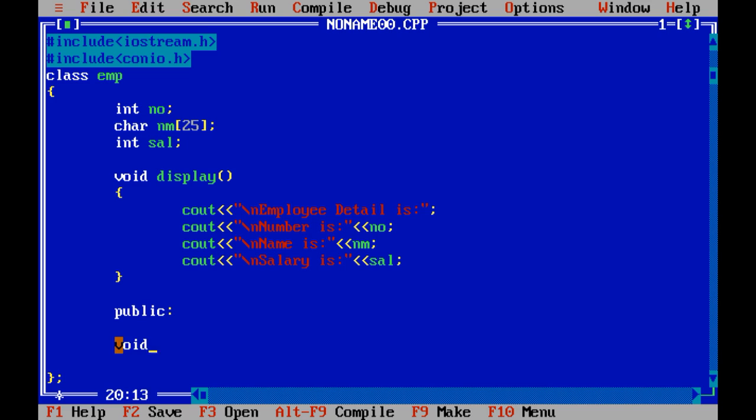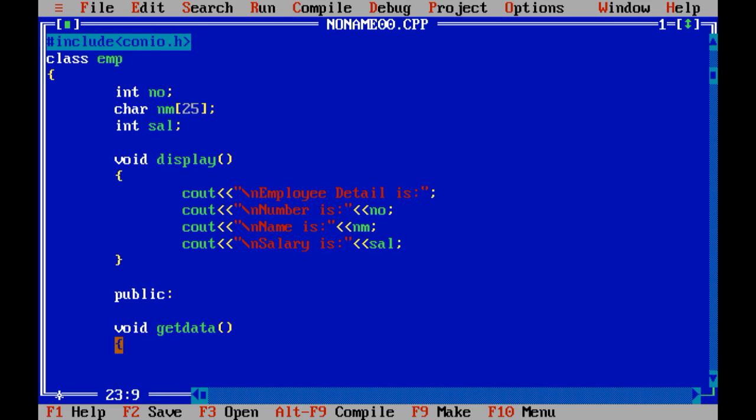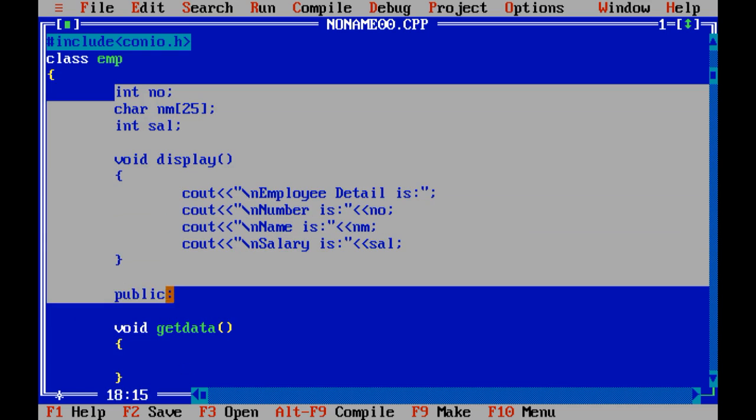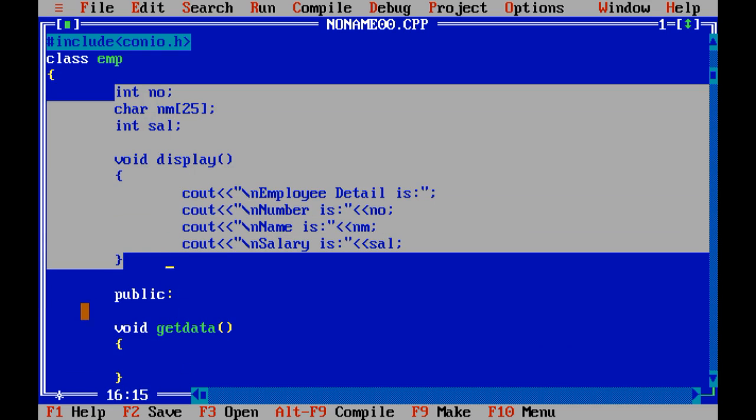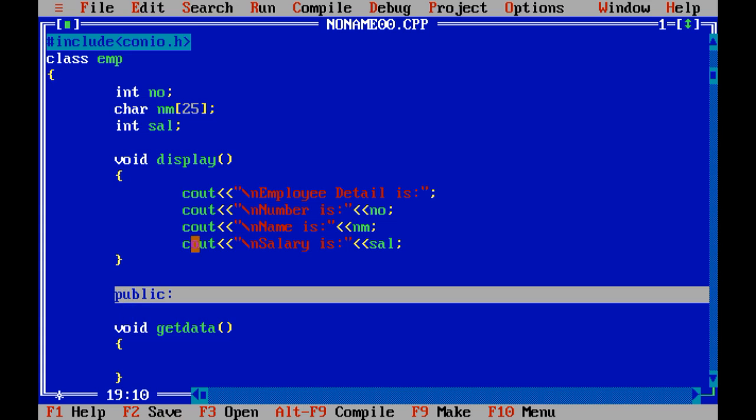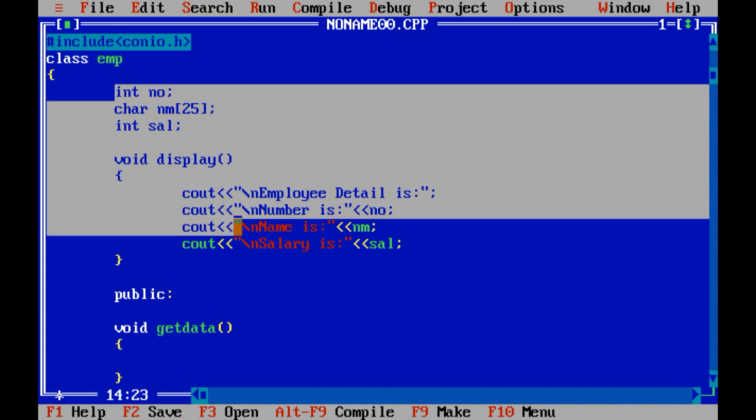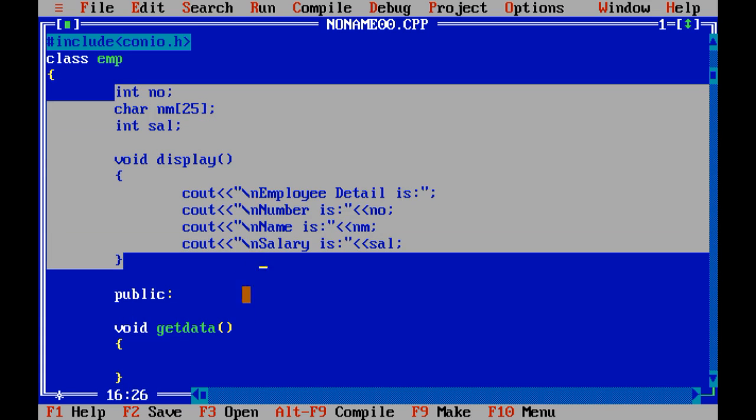So let me make one method, void getdata, which I have made public in the employee class. The number, name and salary variables as well as the display method would remain private. So this class can use them because they are the properties of the same class. But remember one thing, I cannot use any of these outside the class.